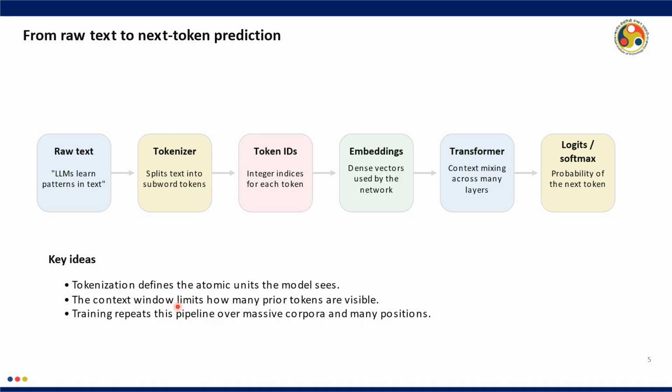That means how much history, or how many tokens, I am looking at in the context or the history. A token is basically the segment or unit given as input, which has its own ID, which is basically the position of this token in this particular context or sentence. And training will repeat this pipeline over and over on a massive training data set, and it will see many positions also. Okay, so this is basically the basic idea of an LLM, and the foundation is the transformer,